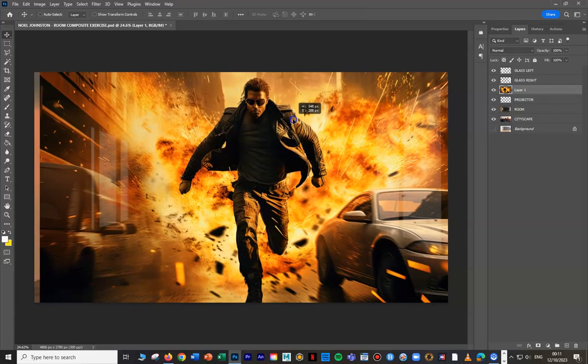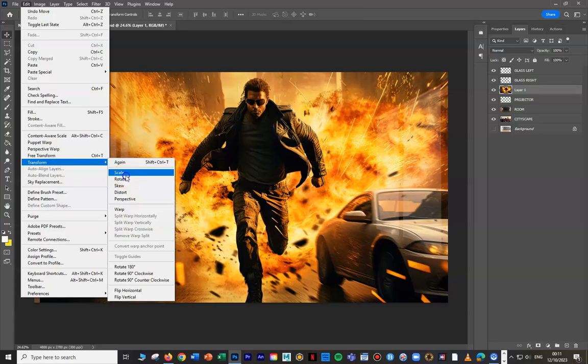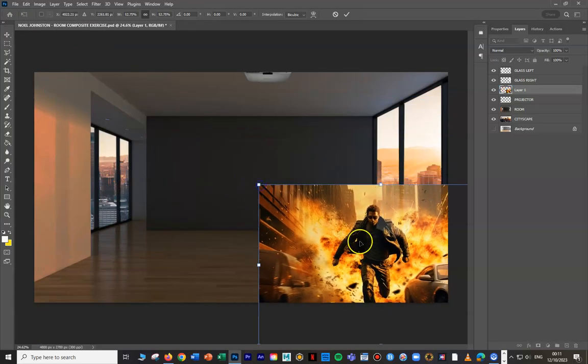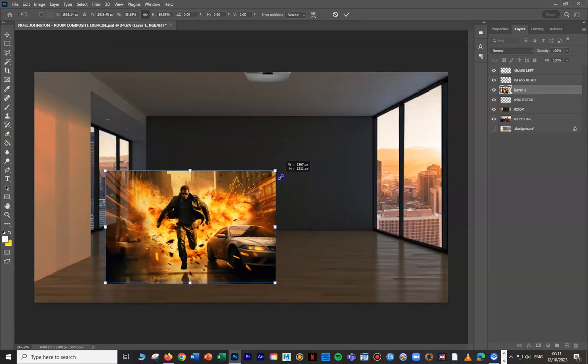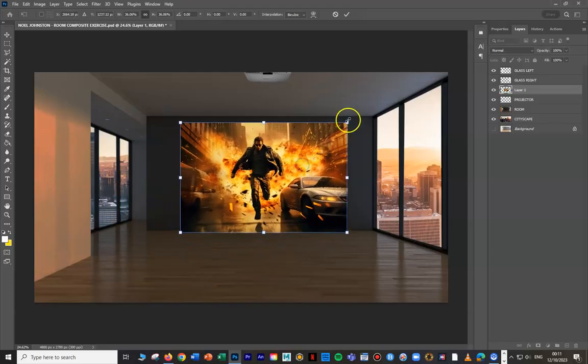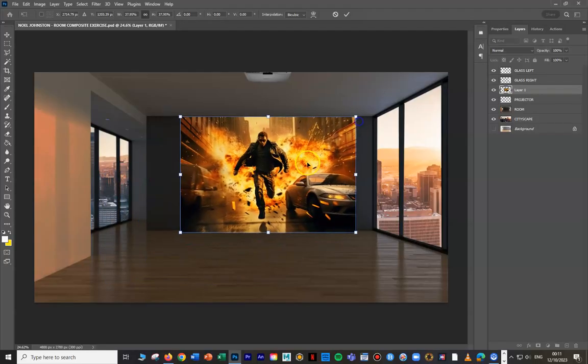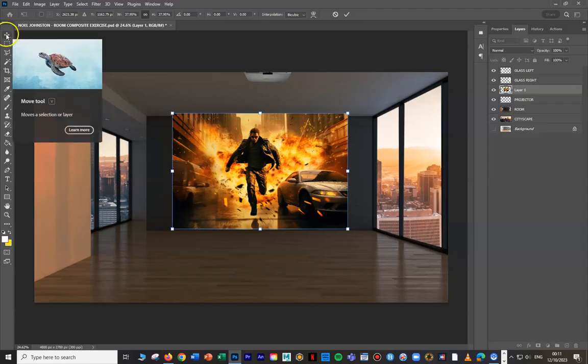Now, very high quality image, but too big. Edit, Transform, Scale. I want to put it onto the wall. Now, it's not really the right size for the wall. It's too square, right? I think. So what I would do in this instance is this. Before I make it any smaller,